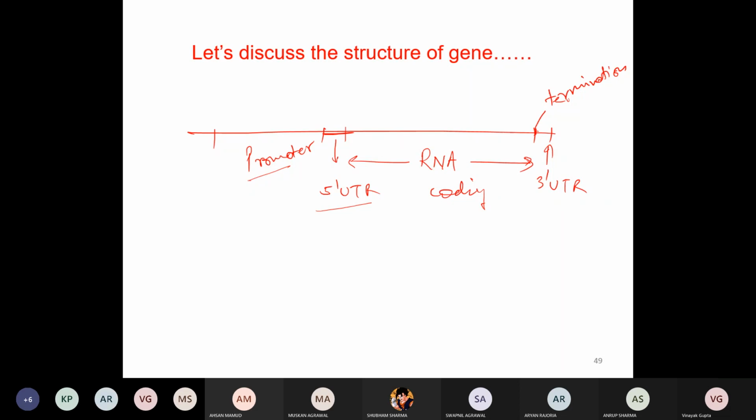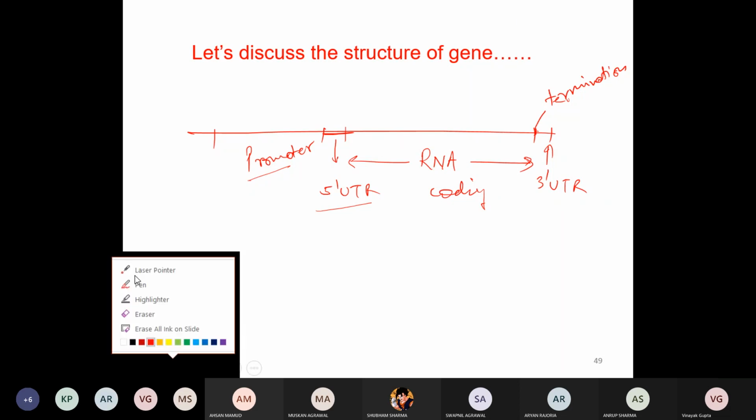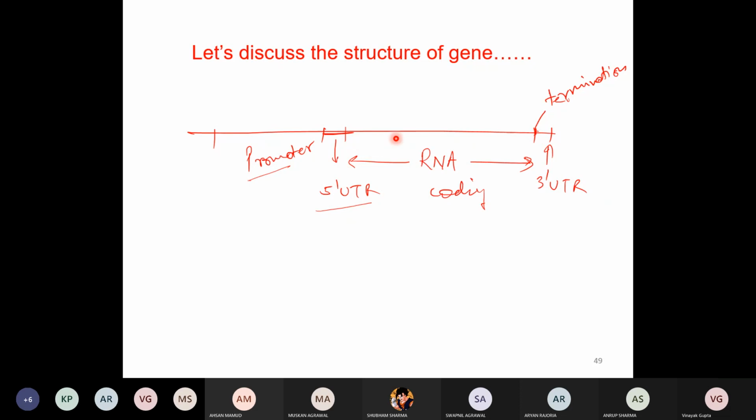So far, what have we seen? So far, we have seen mutations in the coding part. What about if a mutation is there in the 5 prime UTR, 3 prime UTR, or in the promoter region? What is going to be the effect? Sir, nonsense mutation? No, that category is going to be totally different. We cannot say that it is a nonsense. The word nonsense is applicable if the mutation is in the RNA coding region and it creates a stop codon: UAA, UAG, UGA.